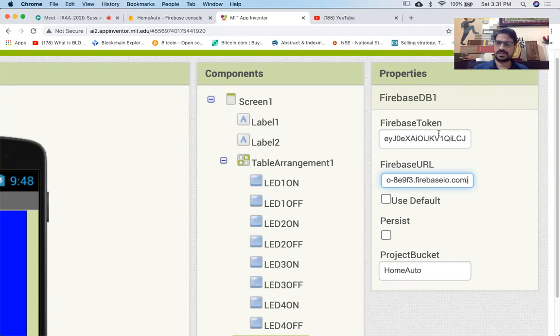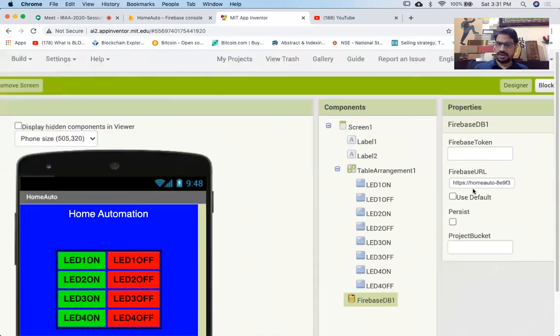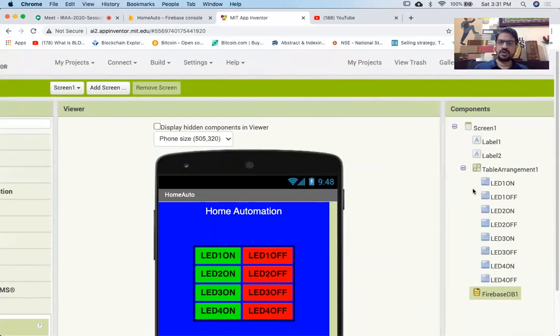The Firebase token, make it empty. Project bucket, make it empty. These two text boxes, you make it empty. You just put the URL into the Firebase URL. That's all. After that, we'll go to the build option and we'll build the APK file